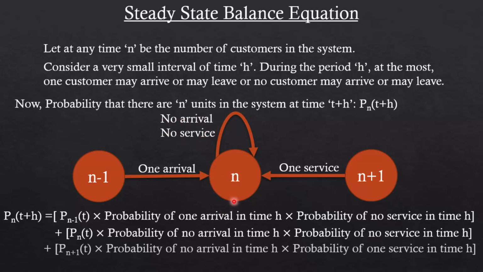And the third possibility is when we have n plus 1 customers at time t. So this is the probability of n plus 1 customers at time t, and with the probability of no arrival and the probability of one service, we can have this probability of n customers at time t plus h. Now if we add all these probabilities, all the three situations, we will finally have the probability of n customers at time t plus h. Now let us move ahead